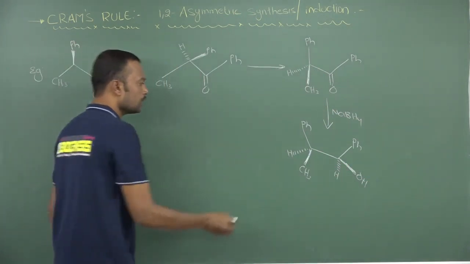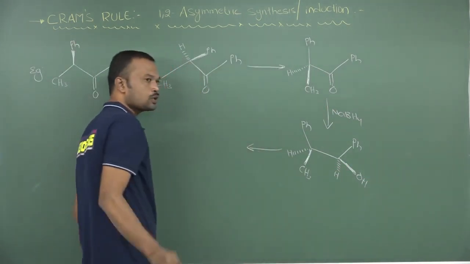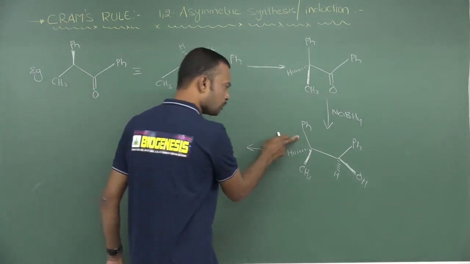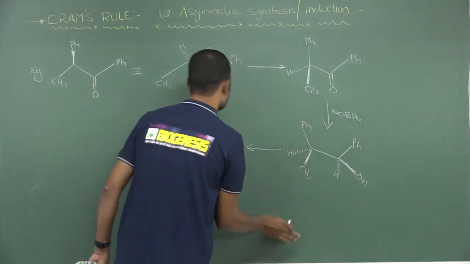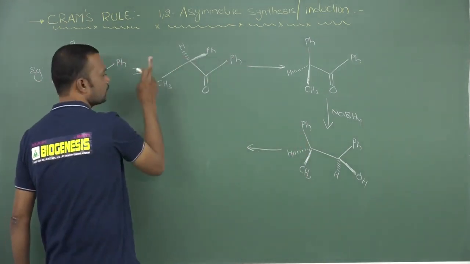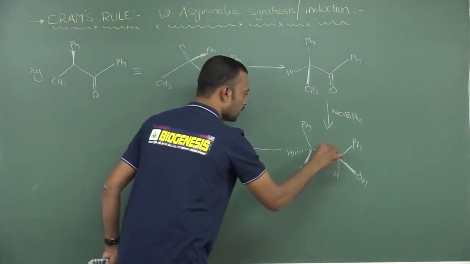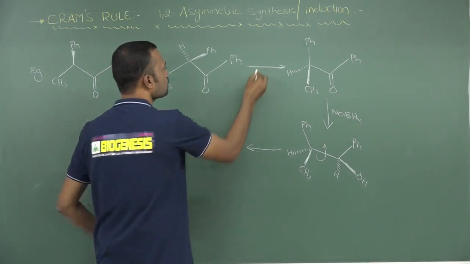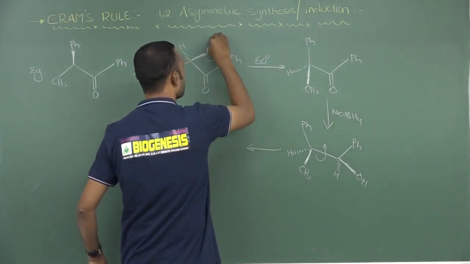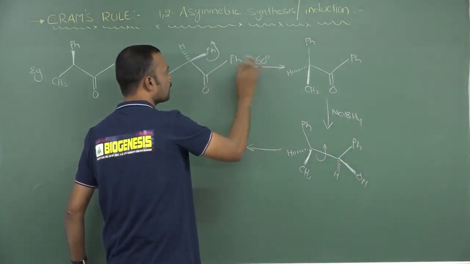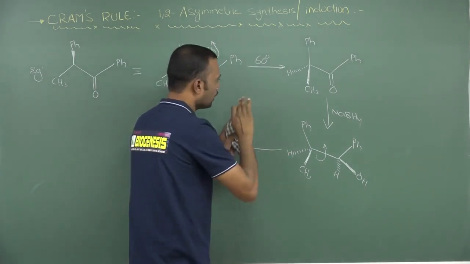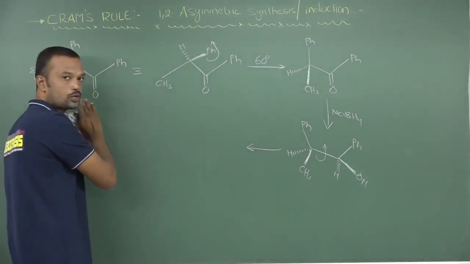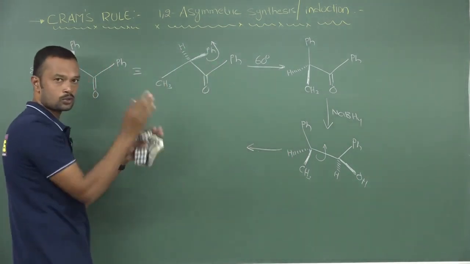Okay. So after that, in your examination the options will be like this. This may be one of the options, otherwise they will write this molecule like this. See, this is the answer, and this will be rotated around 60 degrees. Here we rotated around 60 degrees in order to bring this in plane. In order to recover the original structure of this molecule, try to rotate one more 60.